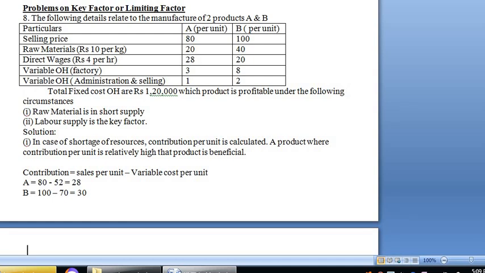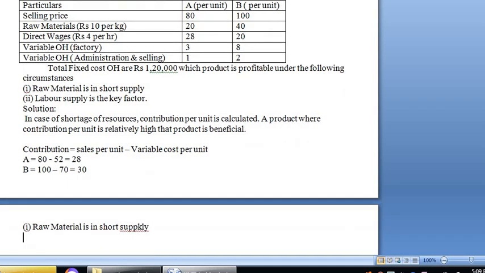Okay, now first what they have asked is, if raw material is in short supply. So here we are going to take raw material is in short supply. Okay, so how we are going to show this? Now contribution per kg. Contribution per kg is equal to